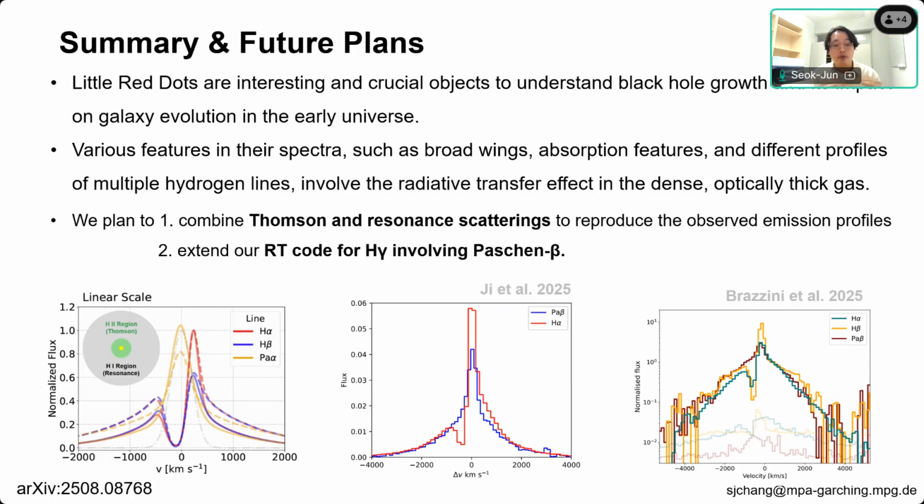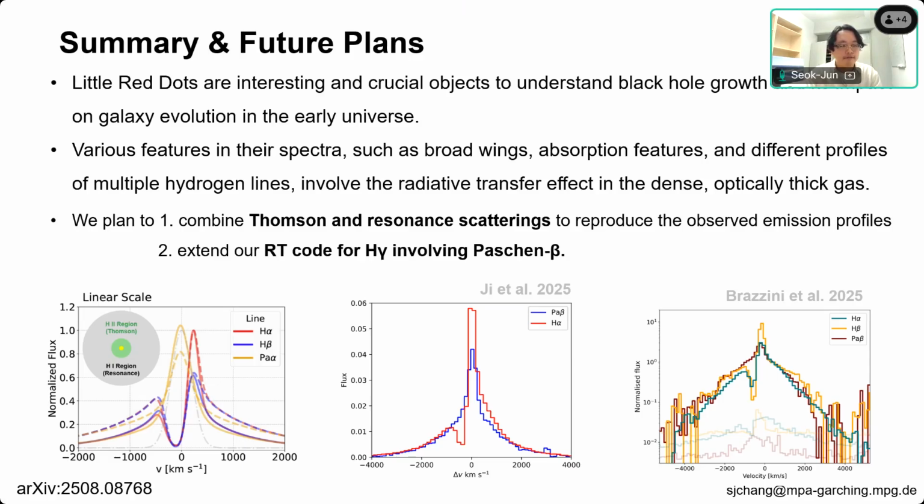If the broad wing comes from the broad line region, it is unpolarized because it is just an intrinsic emission process, but if the wing comes from Thomson scattering and the scattering region is not perfectly symmetric, the broad wing should be polarized. So that is one method